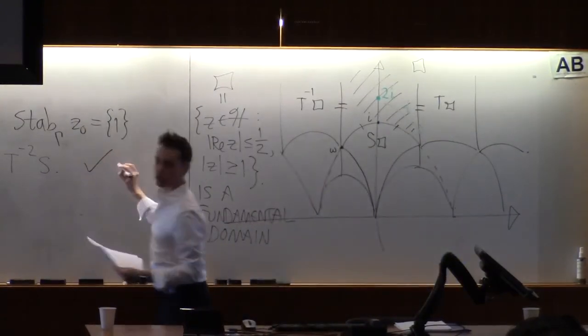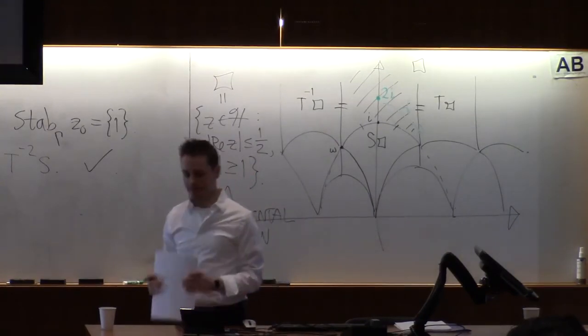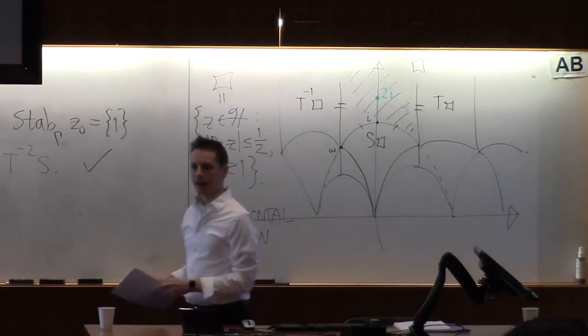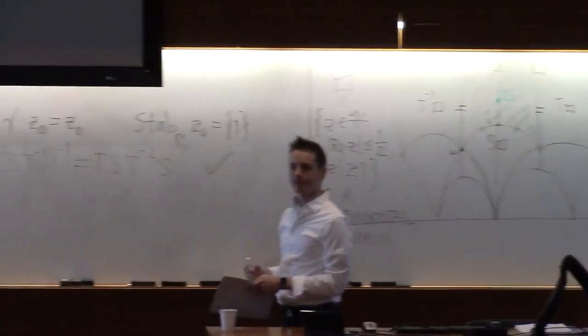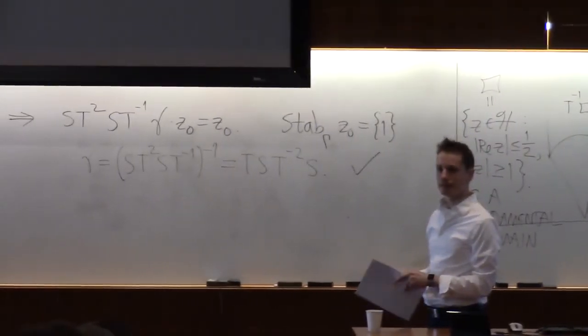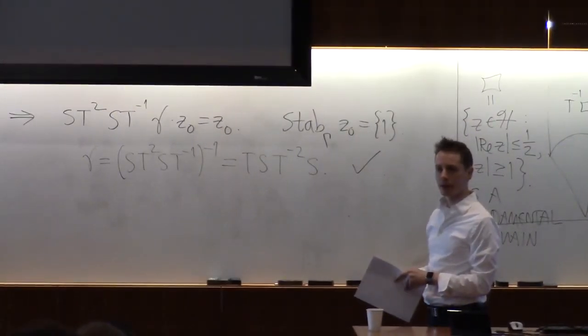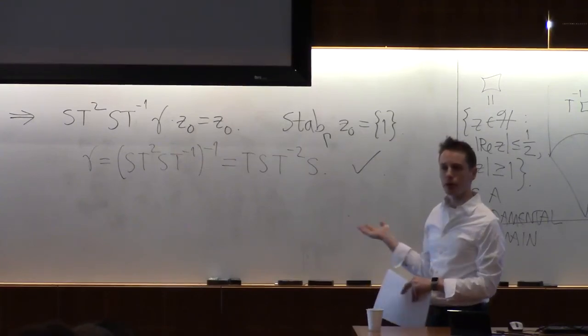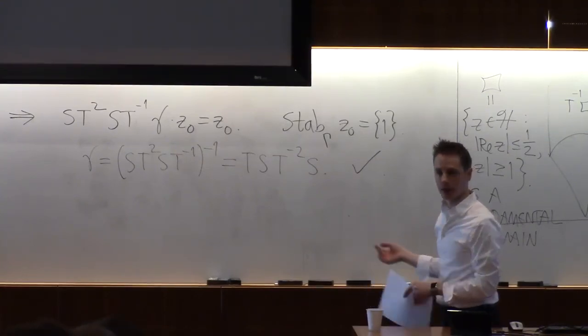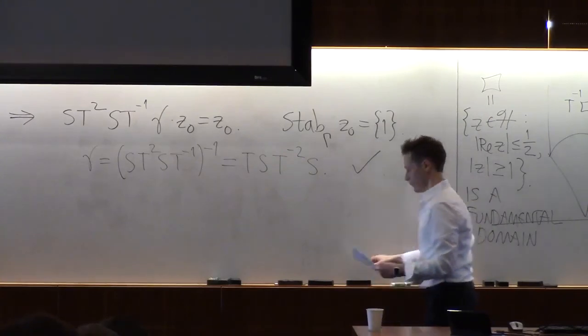Check. Question? Okay, so for the reduction algorithm, our goal is to write this arbitrary element of gamma in terms of S and T. That's all we're doing. That's it. Feel good about that? Very explicit. You could write a little computer program, 5 lines or something. Okay, awesome.